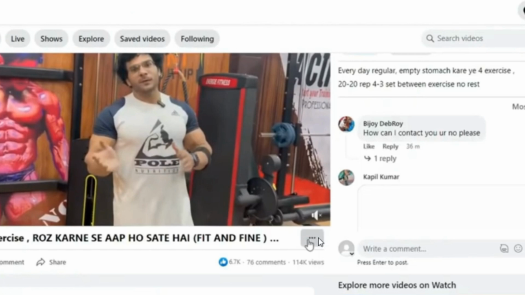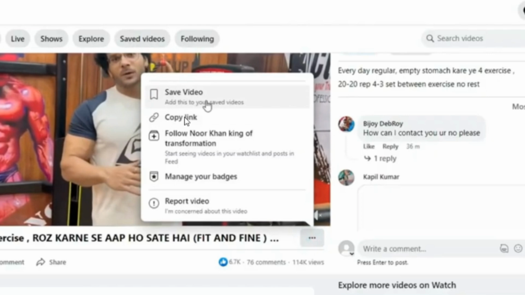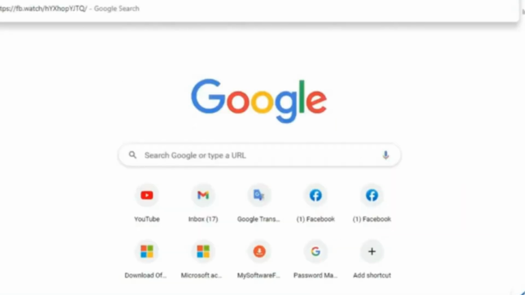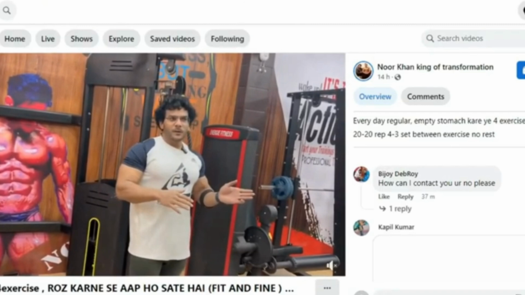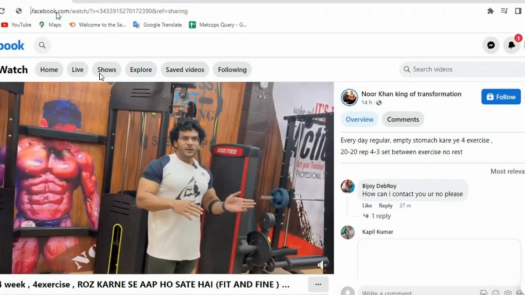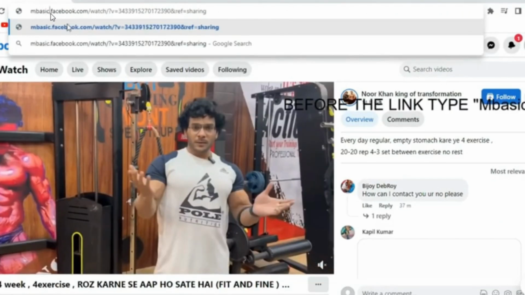Now all you need to do is select the video which you want to download on your Facebook and then click on these three dots and then click on copy link. Now just go over to a new tab and paste the link and hit enter, and once it completes loading, what you need to do is click on the URL and remove